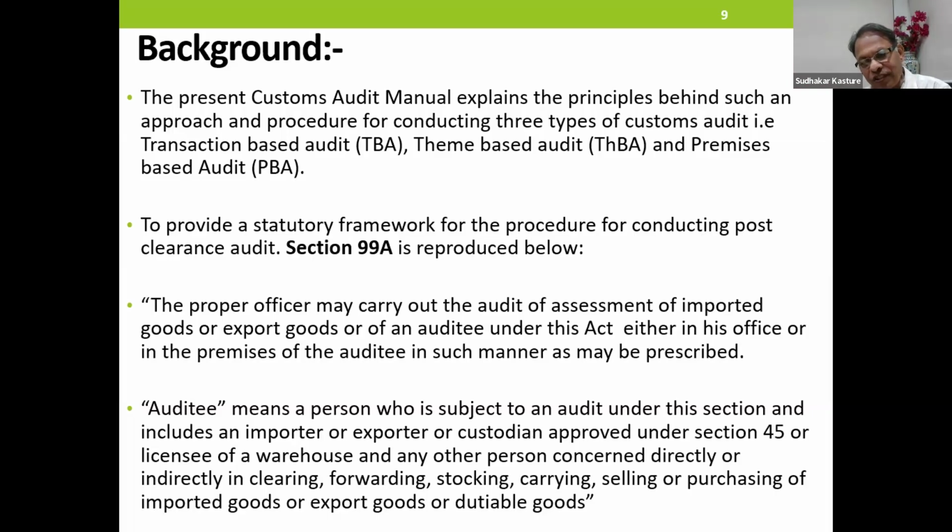Why are you taking it to some other place which is not anyway connected with the importer? Is it a matter of tax evasion? In such cases, the person directly or indirectly in clearing, forwarding, stocking, carrying, the carrying comes into the picture, and he can be questioned, he can be asked. The department has the powers because 99A gives them these kinds of powers.